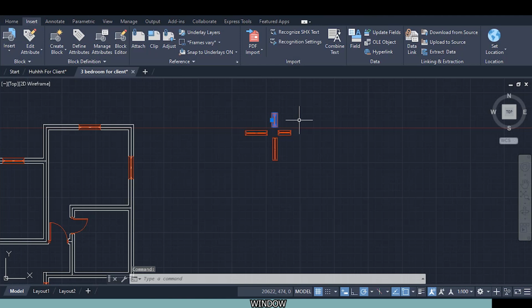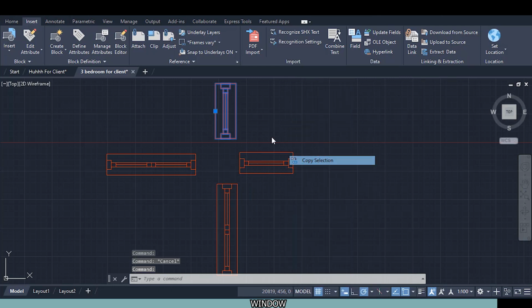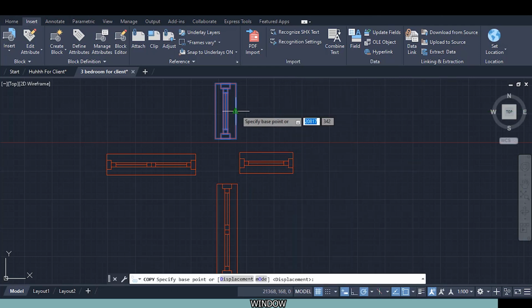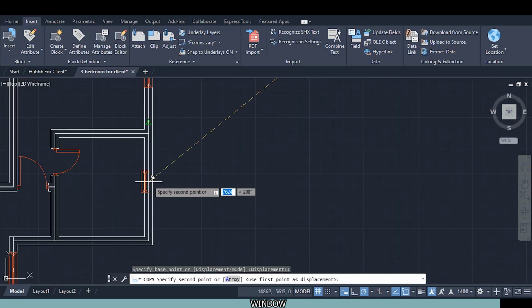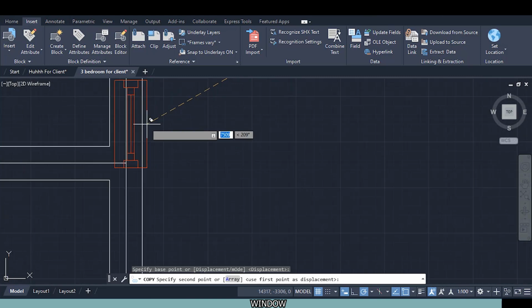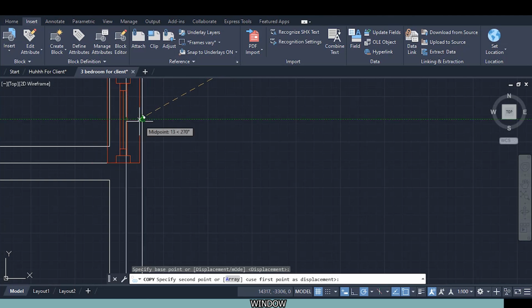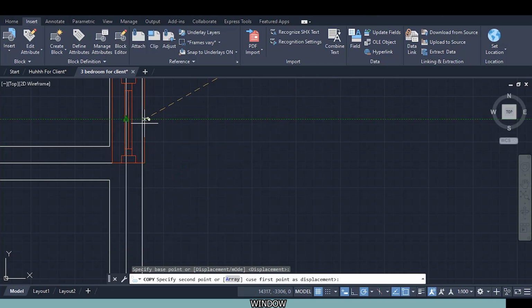We'll select this window for our toilet. As you can see, the proportion. This goes with this goes with this. So I will select this one, right click, click on copy, select this midpoint and place one window right there. It will try to snap elsewhere. So drag the outer wall, not the center one, the outer one. So just drag and drag again